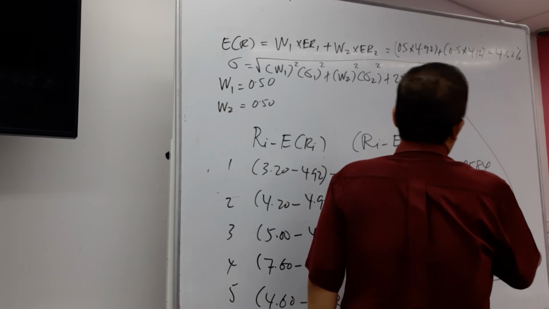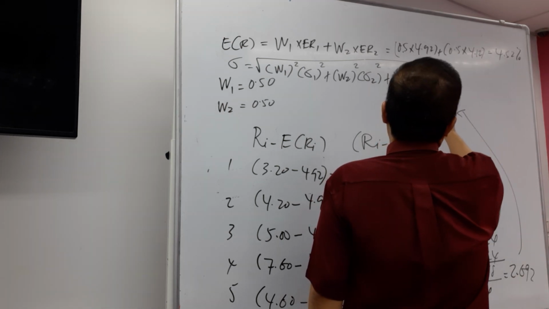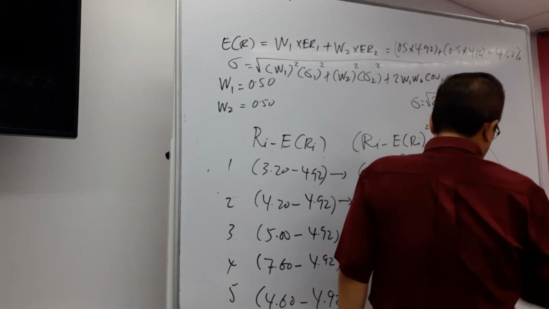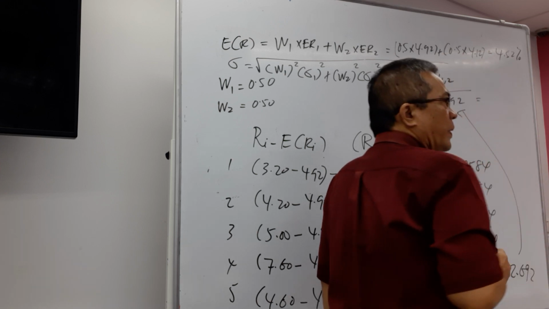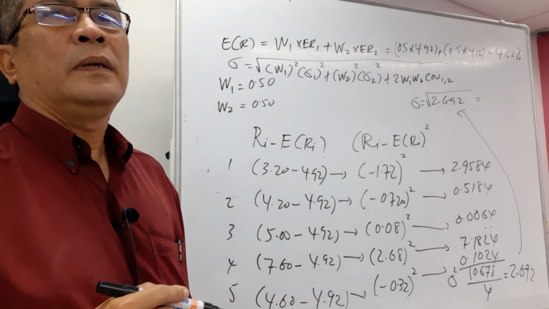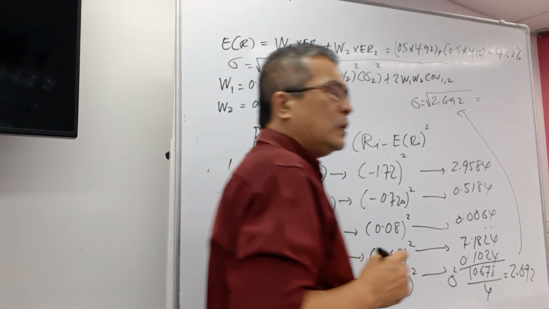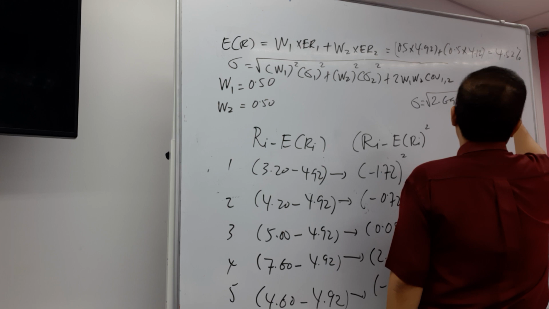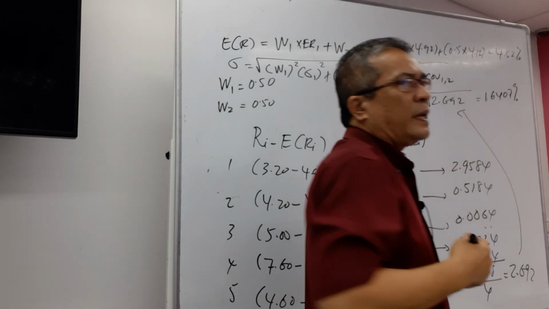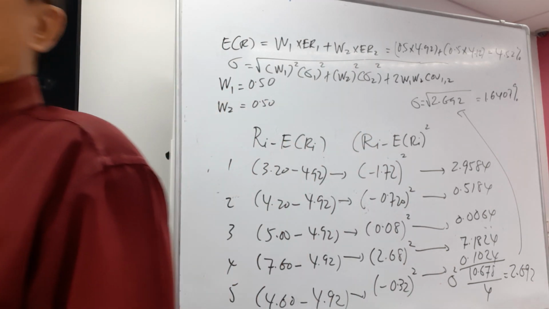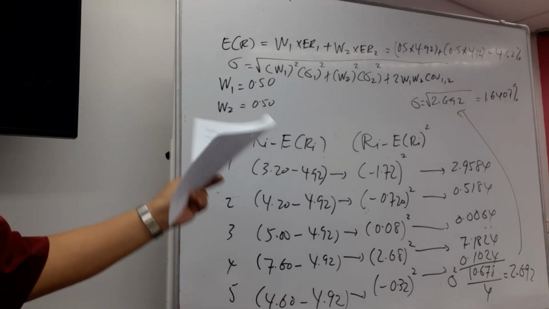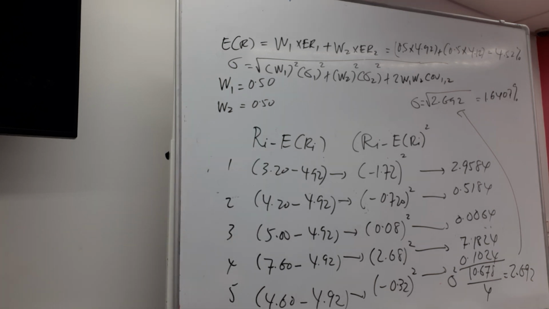To get the standard deviation, I bring the figure here because we do not have the space down there. The standard deviation is the square root of the variance, 2.692, and the answer is 1.6407%. Is that similar to the answer in your answer scheme? Most likely you get the correct answer, because it is similar to what we have in the answer scheme.